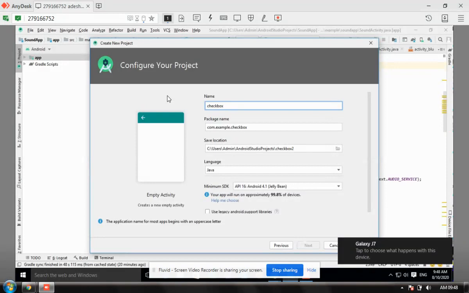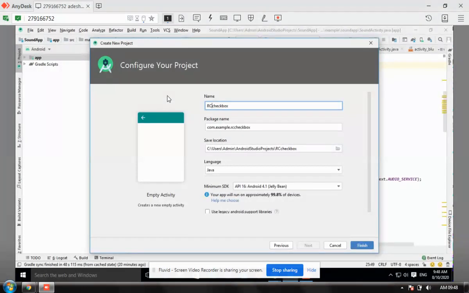RC stands for Raj Computers. It's for Android version 16, that is 4.1, under Java. I click on Finish. It's loading.